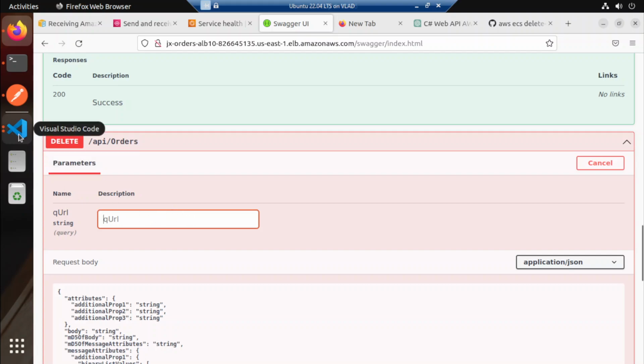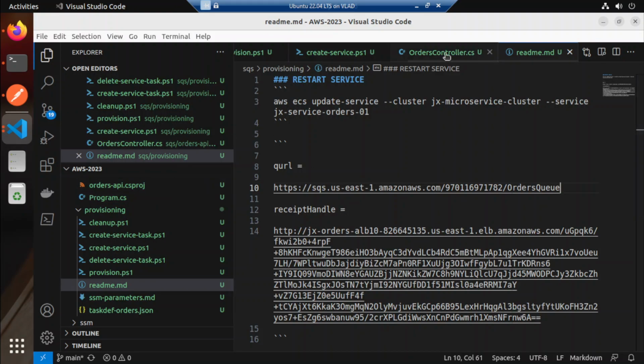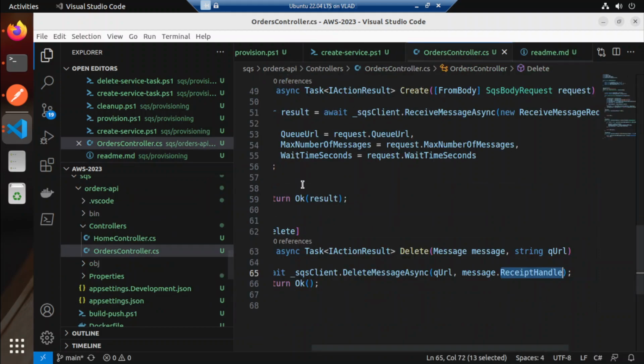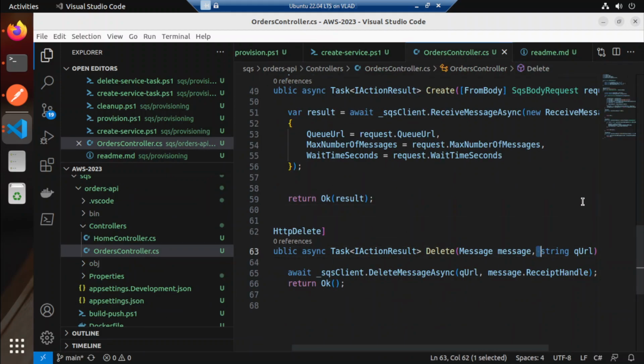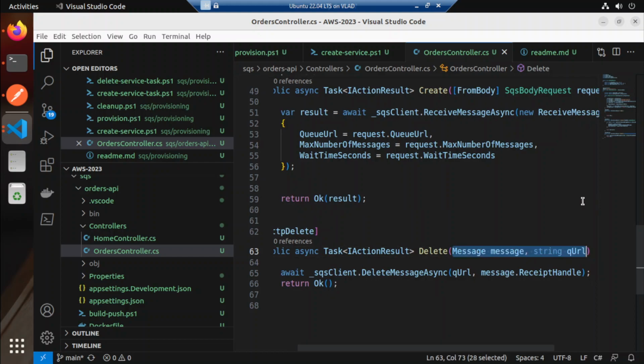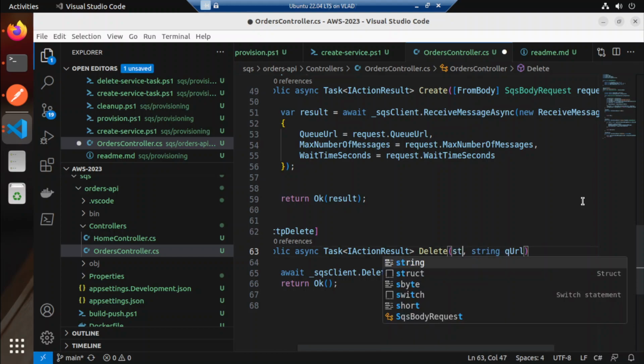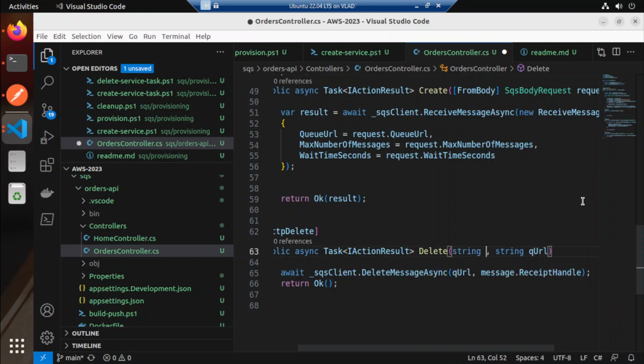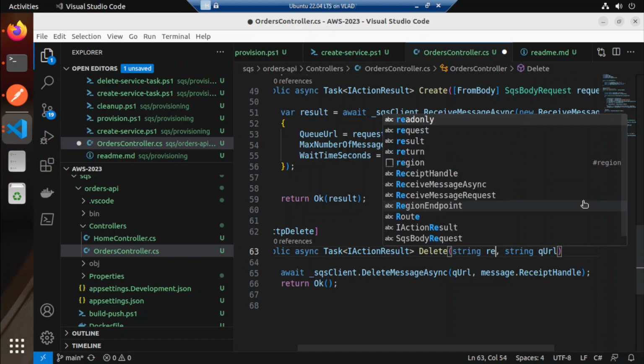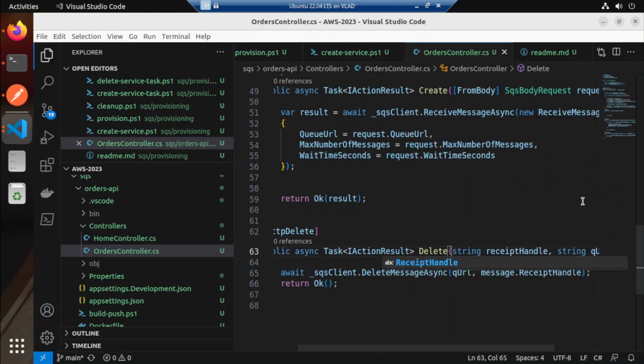Why is this queue URL in here? Now we've designed this wrong again because we're following ChatGPT. We just want to get the string receipt handle here. Okay, and then we want to